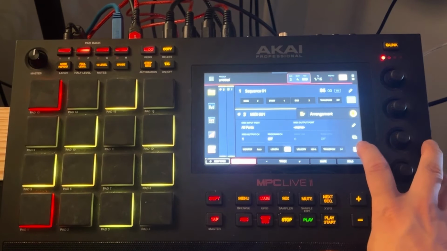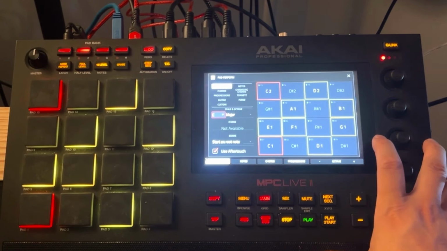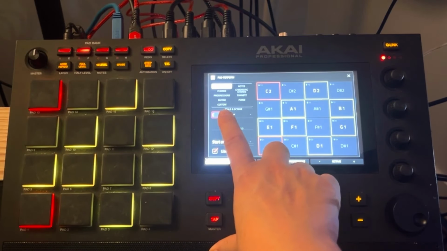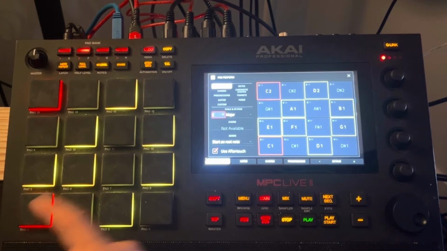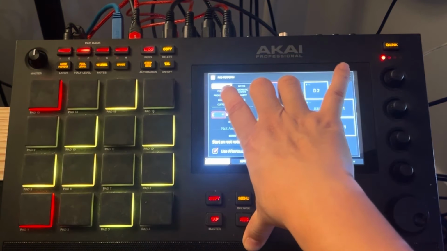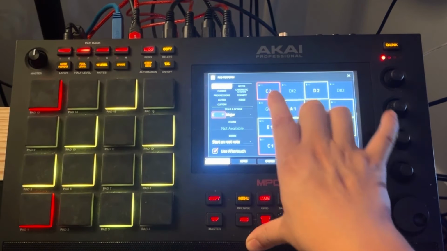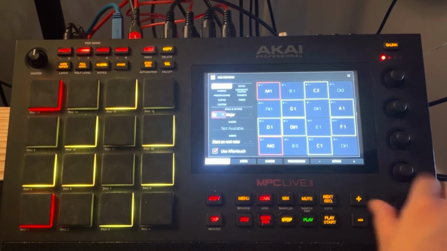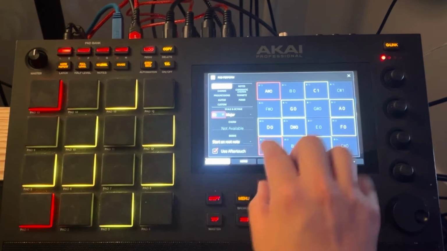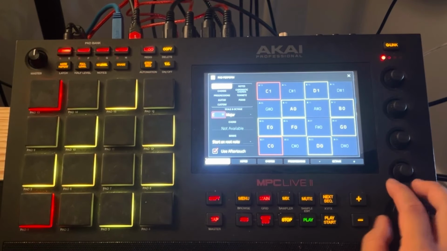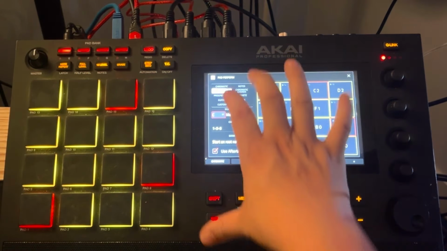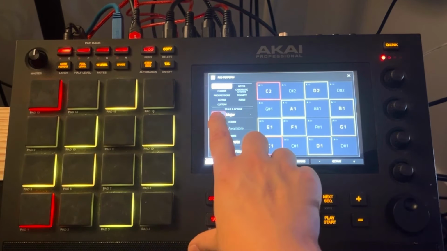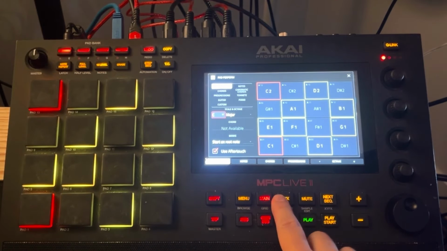The next thing is we want to go into Pad Perform, and we need to set a few things up. First off, you need to be in C as your root note, because that'll make Pad 1 C. The next thing you want to be in is chromatic, so you're not on notes or chords. The final thing is you want to make sure you're on C1 as your root note. So when you're on bank A, you want to adjust this. So right now I have it on C0 right over here. I'm going to adjust this up until bank A is set to C1,